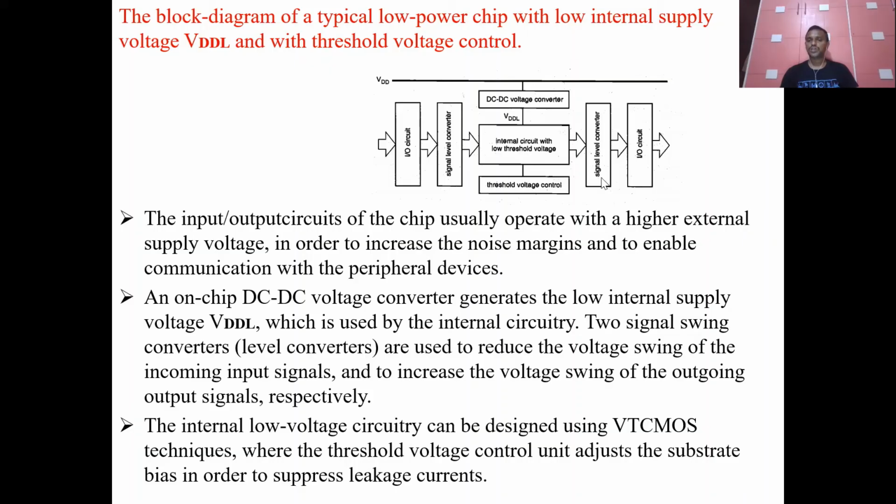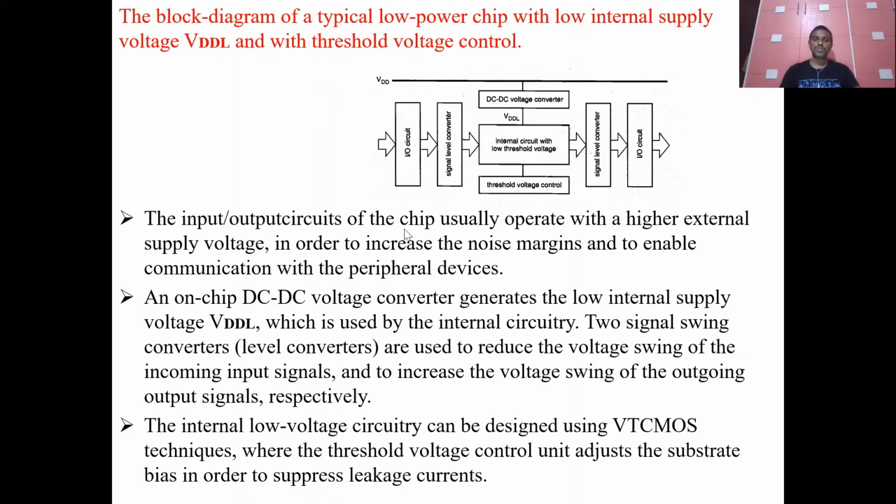And the output of this circuit is considered as a signal level converter again. There we converted the higher level to the lower level; here we will convert the lower level to the higher level, because we are taking the signal at the output side, so we have to apply it to the other drivers or loads. That's why we have to increase, or amplify, the signal level like this. Okay, so that is what we have here.